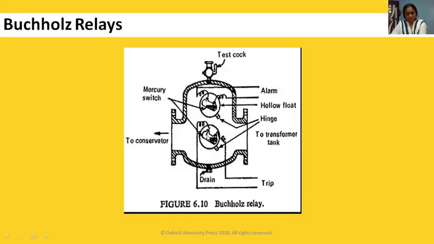Look here, as I told, in case of serious internal fault, more volume of gas is generated, and that's why this will tilt this lower float. And so if it is tilting the float, then this float will be horizontal. This contact will be immersed in this mercury, and the circuit will get completed, and it will give tripping to the circuit breaker.